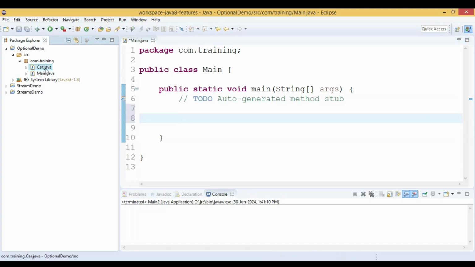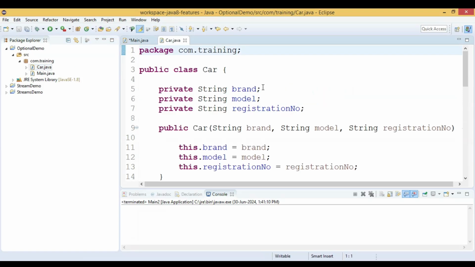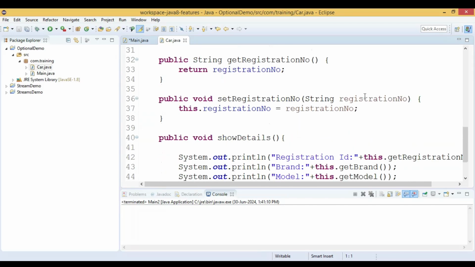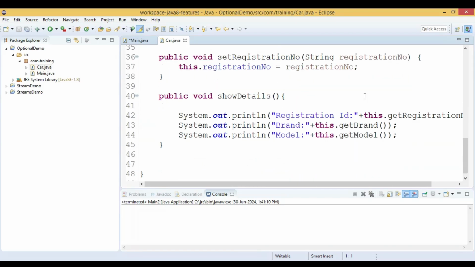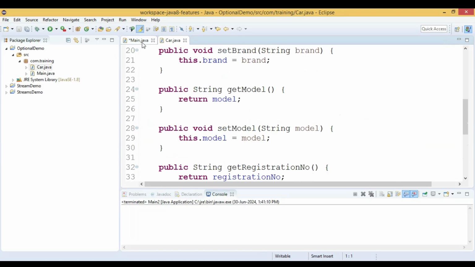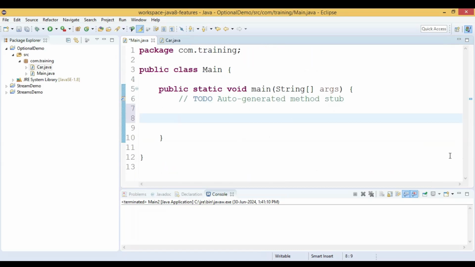Okay, so we have a class called Car. This class has a few instance variables: brand, model, and registration number. We have a parameterized constructor, and we have setter and getter methods in this Car class, and we have a showDetails method also. So now what we do in the main class,